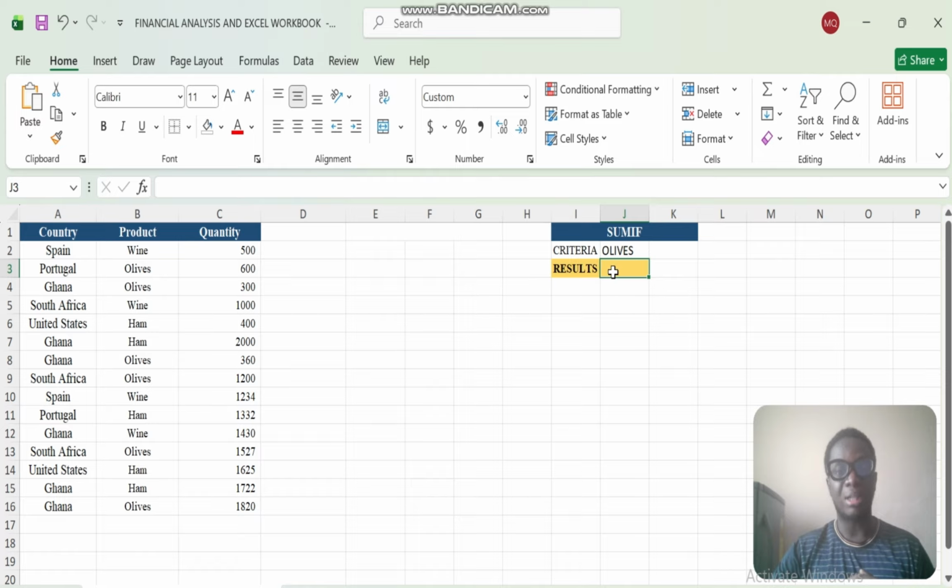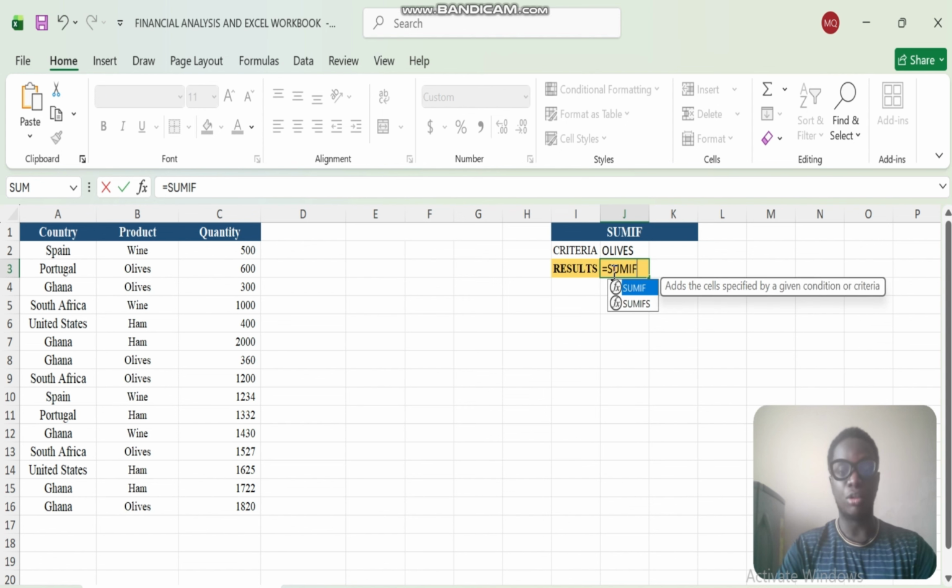And so how does this work? We are simply going to say equal to, and the formula we are going to be using is SUMIF, not SUMIFS. Now there's a difference between SUMIF and SUMIFS. We'll go to SUMIFS in a different video, but essentially SUMIF seeks to look at one particular criteria,